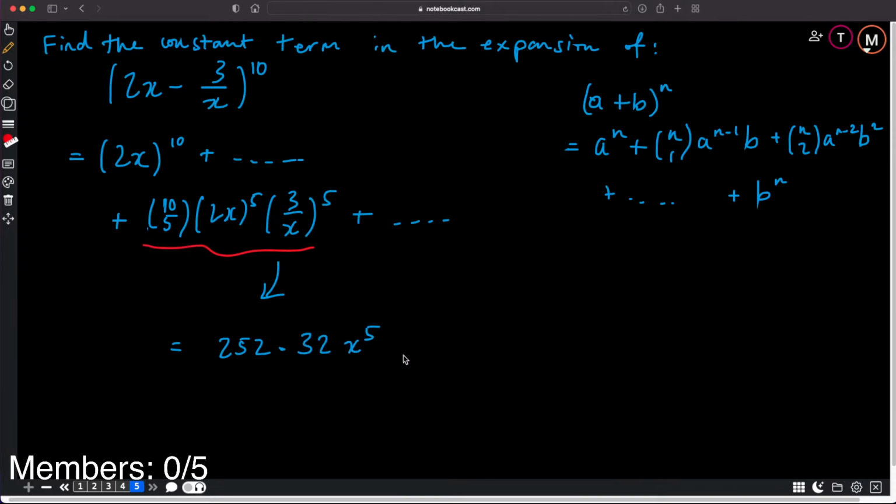32x to the 5, 3 to the 5, so 81, 243? What, 3 to the 5? Yeah. 243, yeah. How do I know it was the fifth term? Okay, so